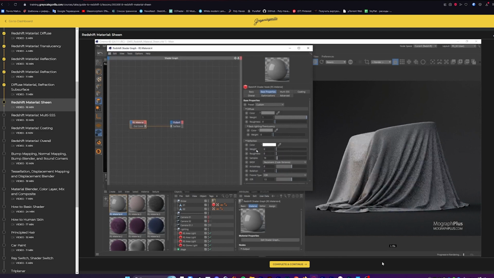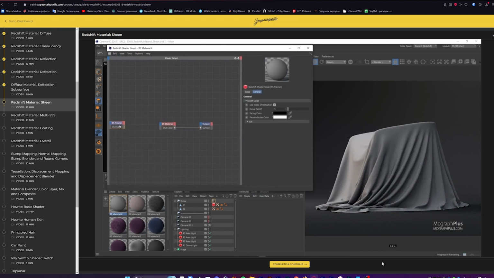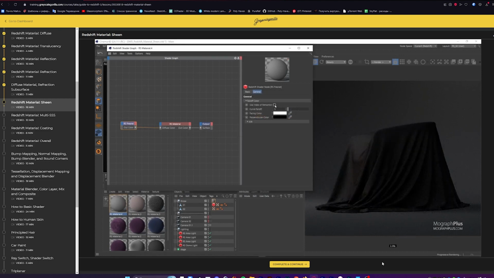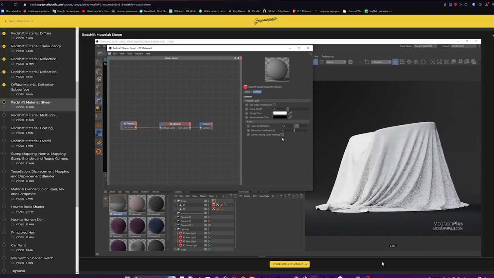Zero out the reflection weight. For silk, first we need a Fresnel node. So let's load it and connect it to our diffuse color. If I change the facing color to white, perpendicular color to black, disable use index of refraction and correct facing color intensity, and finally set the curve fall off to around 1. Now, this Fresnel node outputs 0 or black for the perpendicular faces to our viewing direction and 1 or white for the parallel faces to our viewing direction. But we want to be able to remap these values